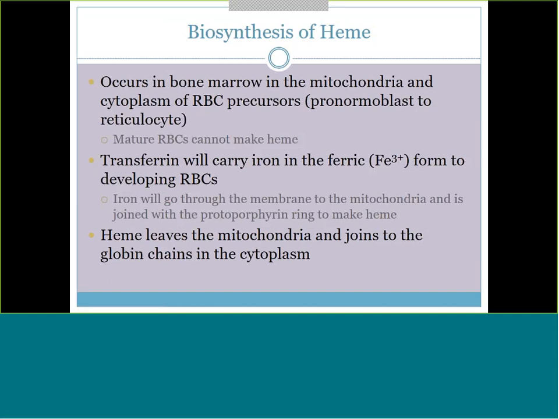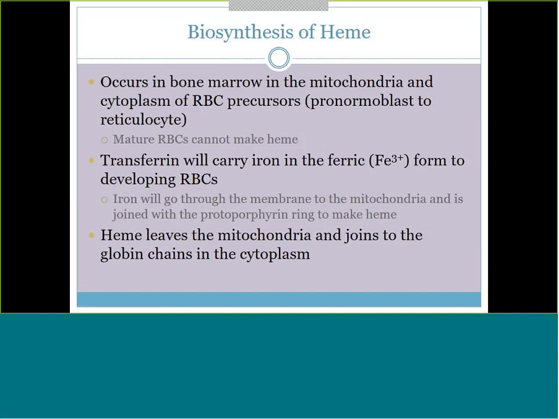So where in the red blood cell precursor does heme get made? Inside our bone marrow, we've learned we have pronormoblasts, basophilic normoblasts, polychromatic, and so on. Inside those red cells, they are actively making heme. So that way, when it gets to the mature red cell, you have heme in there carrying oxygen to your